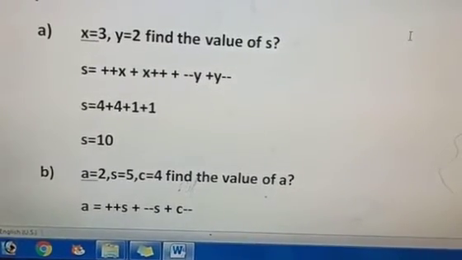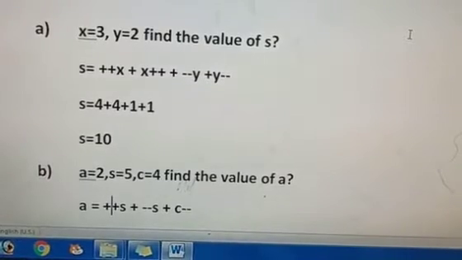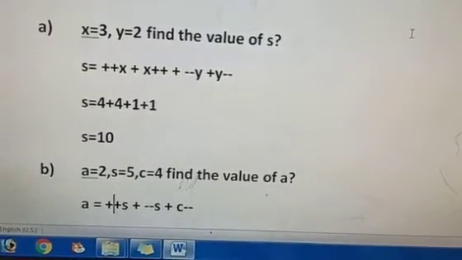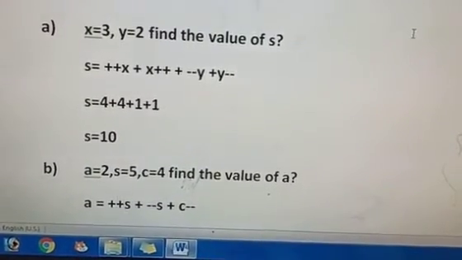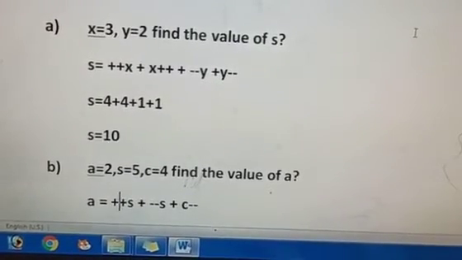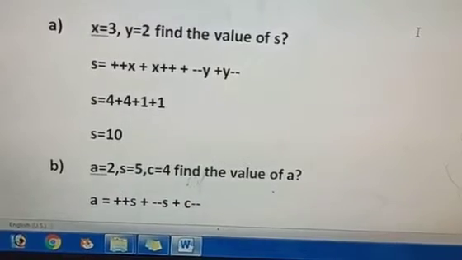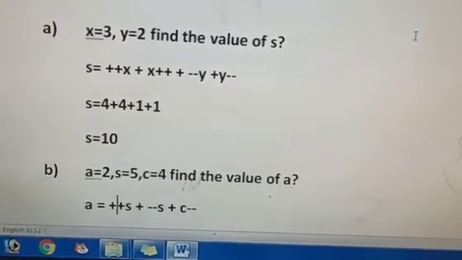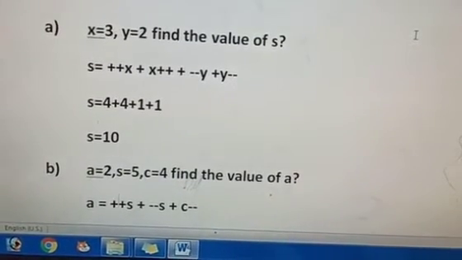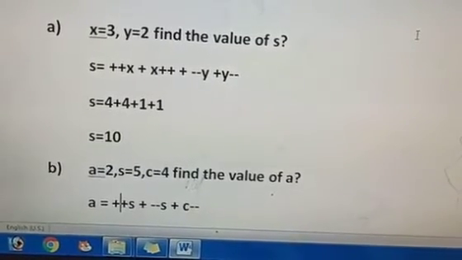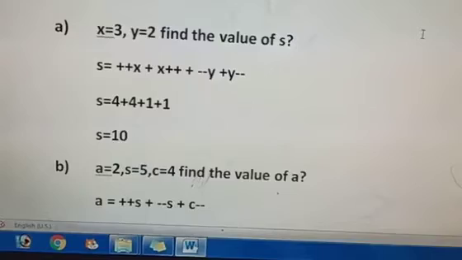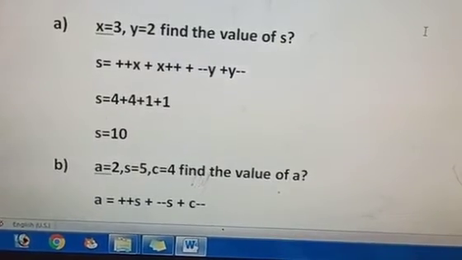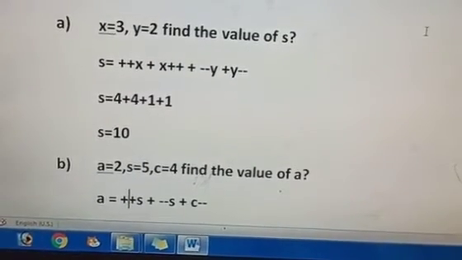Now minus minus y. Here it's a prefix decrement operator. In this case, first we will decrease the value of y by 1. The initial value of y was 2, so it becomes 1. So we are using the current value, that is 1. Right? After this, the current value of y is 1. In the last one, that is y minus minus, it is a postfix decrement operator. So first we will use the current value, that is 1. Then it becomes 0. But there is no further expression, no further working, that is why we are not going to show you the further things. So here the final value of s will be 10. So this is the final value.